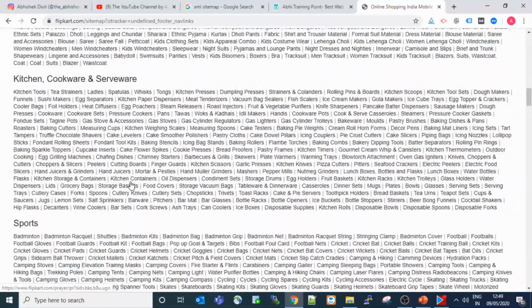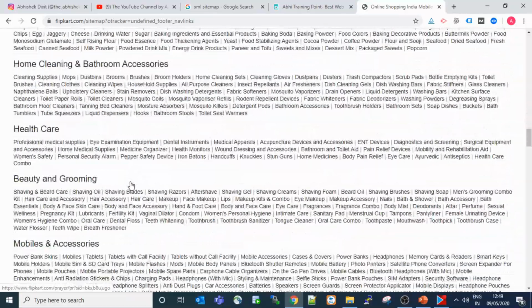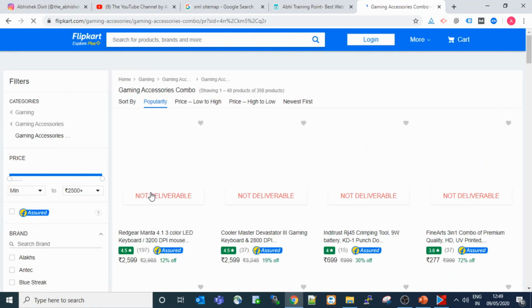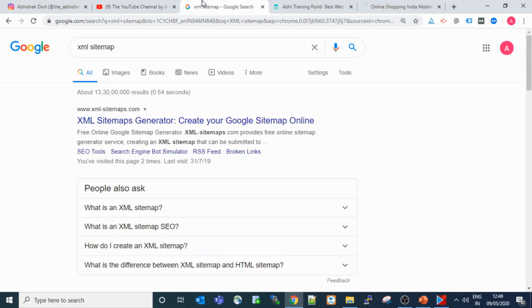This is the HTML sitemap, and it is for the user. Whenever a user lands on a website, he wants to know what is available, what the categories and subcategories are, and what the parts of your website are, so he can find it from here. If you click any of these, you will directly land on that page. So the HTML sitemap is for the user.